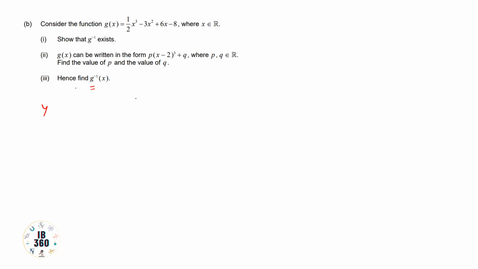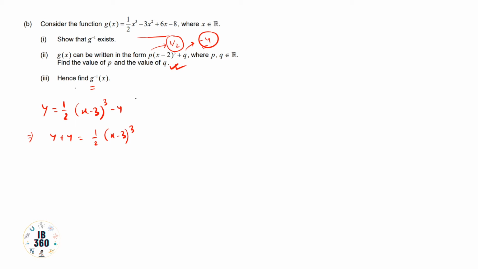So already we have got y equals half of (x minus 3) whole cube minus 4. We have rewritten this form using this formula, that is p is half and q is minus 4. Then y equals half into (x minus 3) whole cube minus 4. Now just do the operations here and you will find your answer, that is y plus 4 equals half into (x minus 3) whole cube.